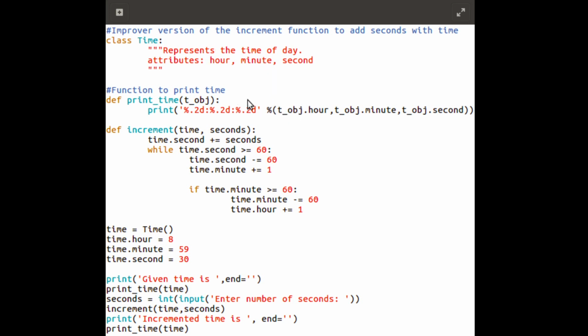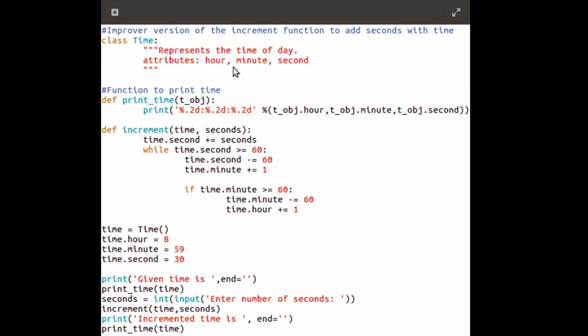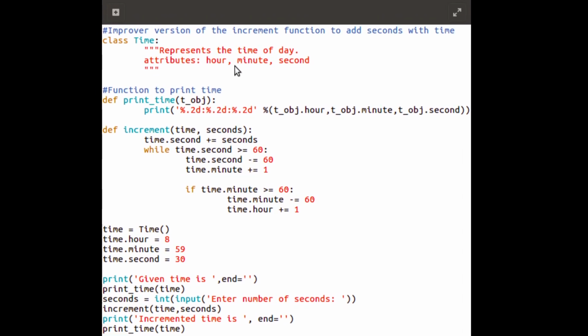This will continue until time.seconds becomes less than 60. For example, if it is 185 seconds after adding, this loop is going to repeat 3 times, and later you will get time.seconds, which will be just 5 seconds.